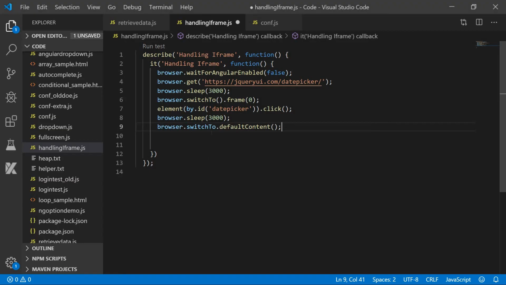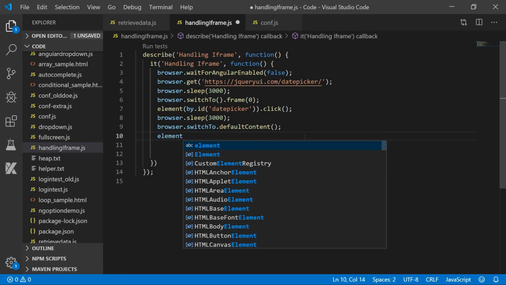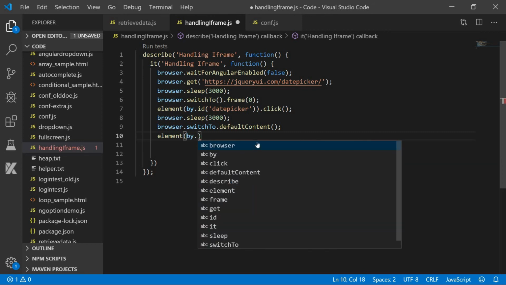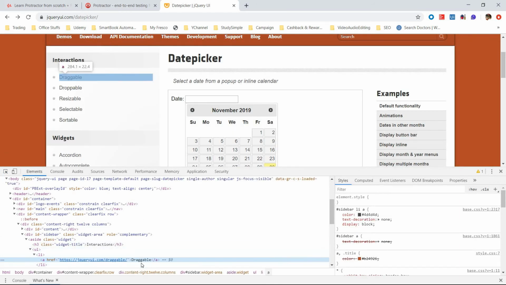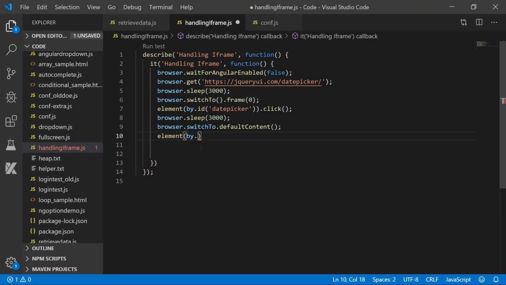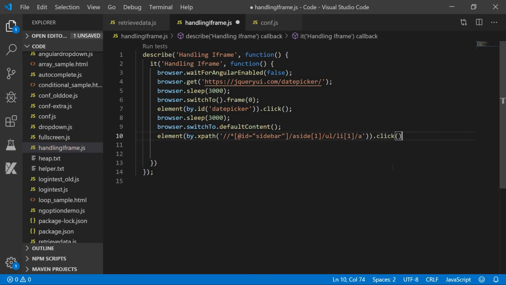So let us click on the draggable. We have to write element by again. What locators do we have here? No such locators, so let us go with XPath. Copy XPath, paste this XPath, and then we do the action, which is click.